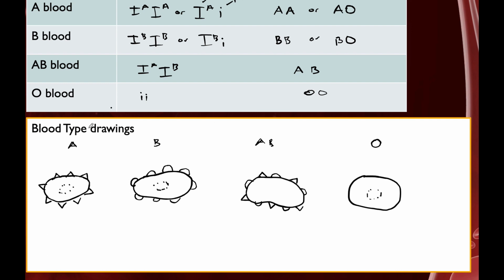Now, how does that play a part in blood types? What's going on here? Well, here's the thing. Within the plasma of each blood type, sometimes you have what's known as antibodies against another antigen, and sometimes you don't. So for example, in an A-blooded person, you're going to have antibodies floating around that are called anti-B